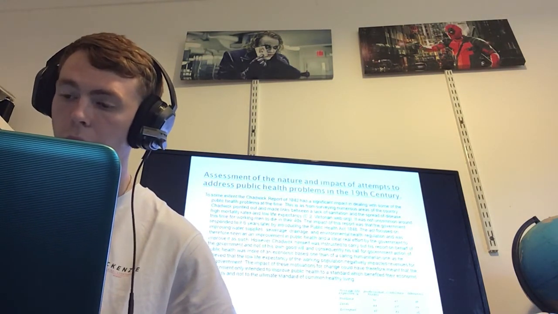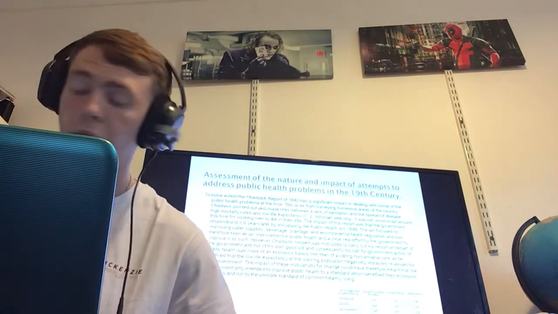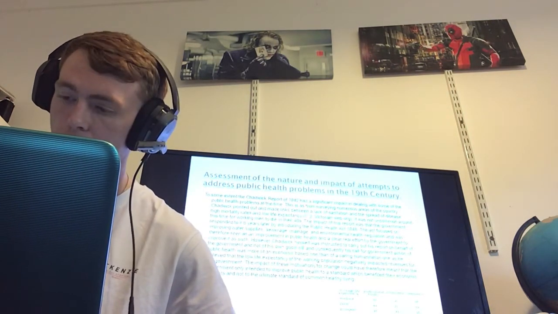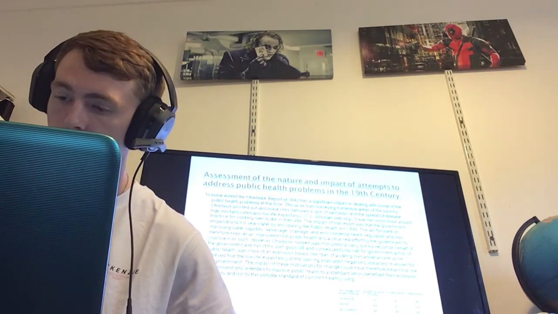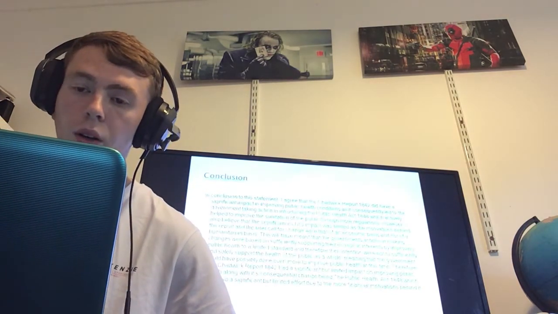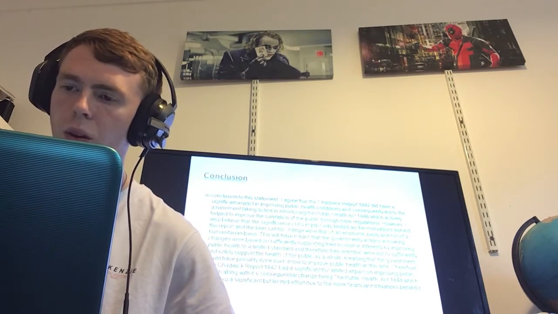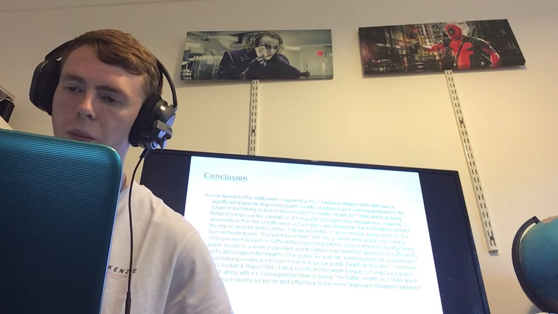So there's a little table there just showing the low life expectancy of people in Britain at the time. It's commonly in their 30s, 40s. So in conclusion to this statement, I agree that the Chadwick Report 1842 did have a significant impact in improving